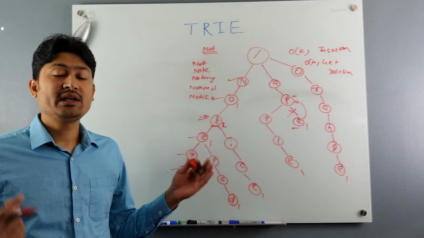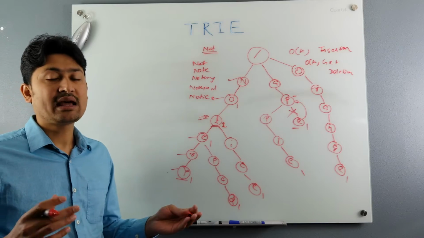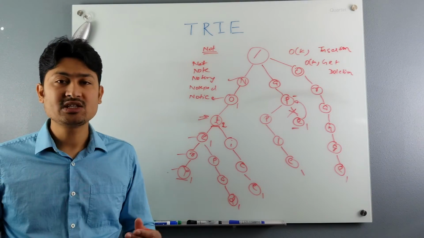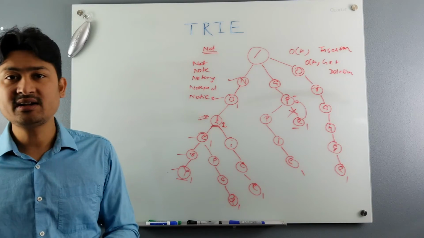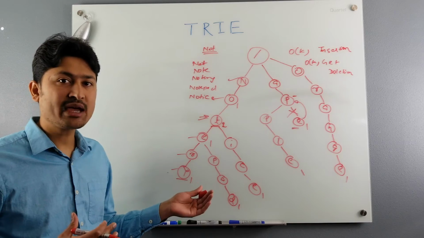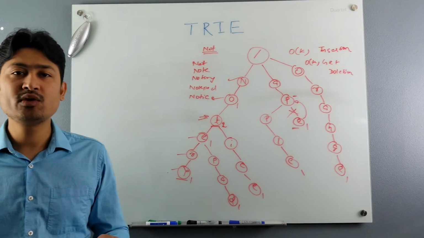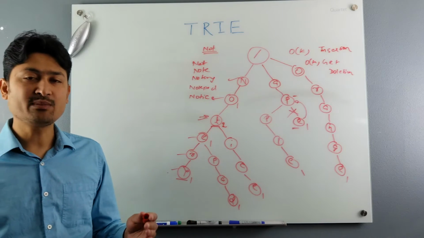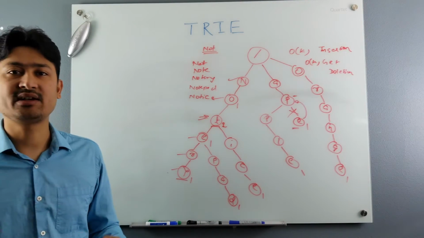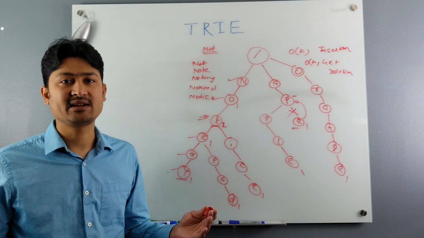The other very important use case of a trie is if you are designing a cache, an in-memory cache, a trie will be very helpful in efficiently storing your data in the cache. And if you can have more data in the cache with better memory optimization, you would have more cache hits rather than cache misses. If you try to use a hash map in such use cases in memory, for a given amount of memory, you won't be able to store that much data. That will result in more cache misses rather than cache hits. But in the case of a trie, you can have a better cache design.